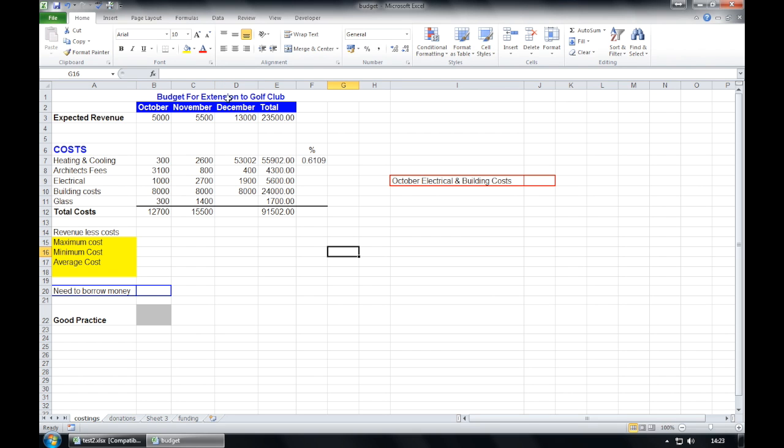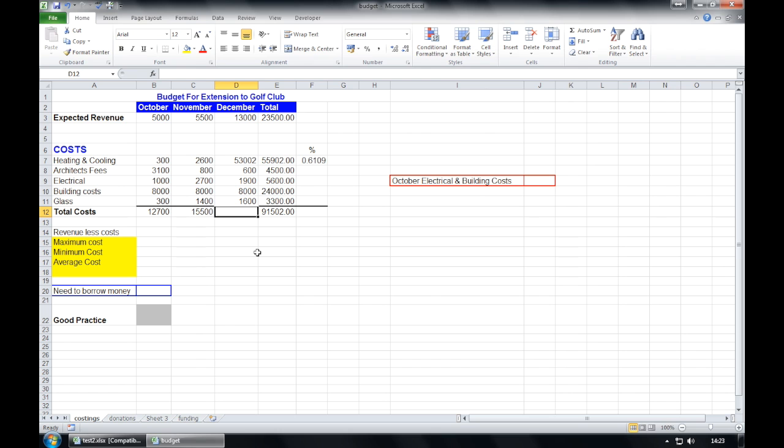So if we find column D and row 8, it currently says 400, we want to change it to 600. The easiest way is to simply type over the top and hit enter. There's also some missing data. We need to enter 1600 in cell D11. Again, clicking on the cell and entering the number off your keyboard.